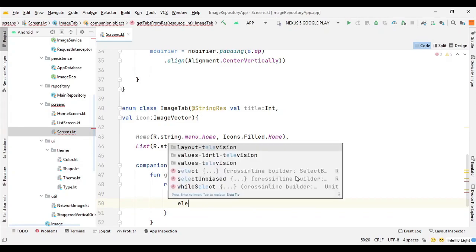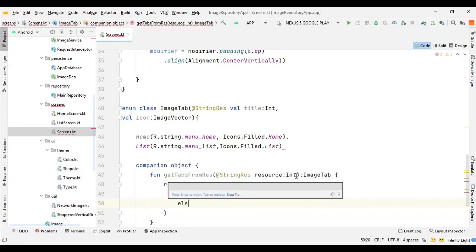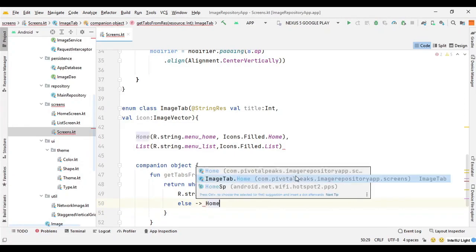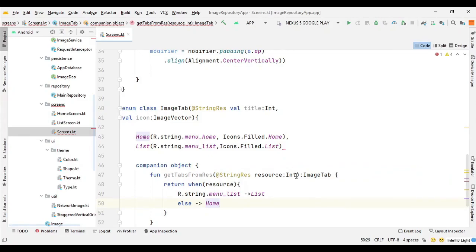Otherwise we can use the else statement. So we can say else home. This way we are setting the home tab as a default tab, and the when function matches its argument against all branches sequentially until some branch condition is satisfied.